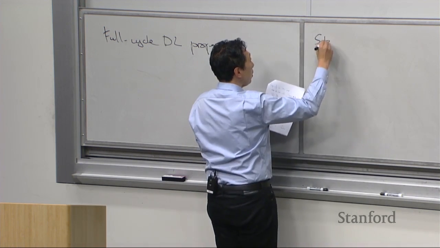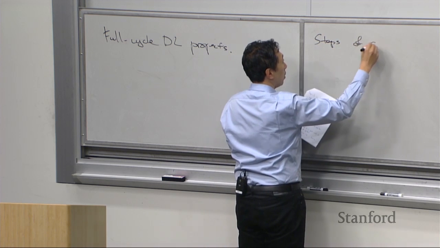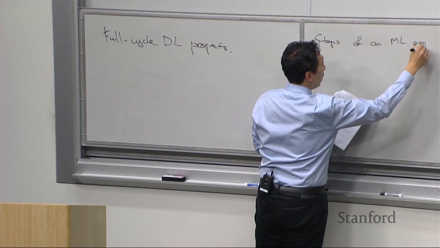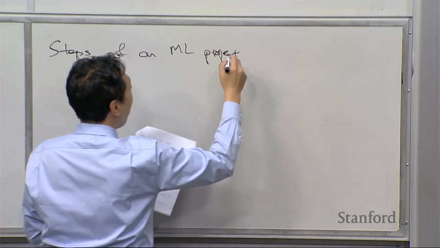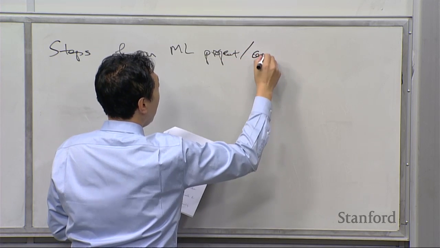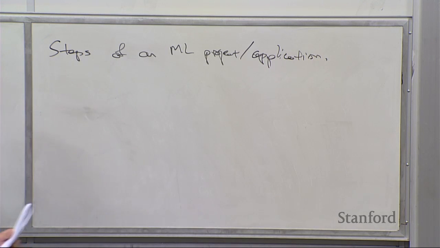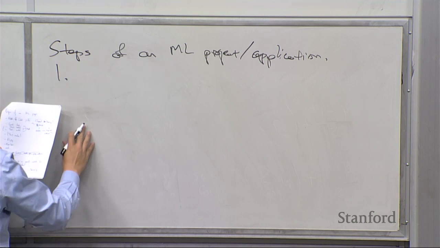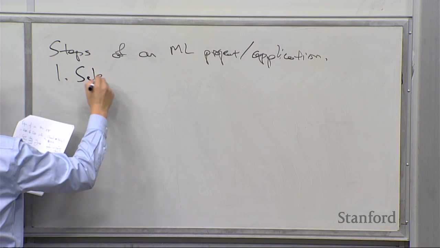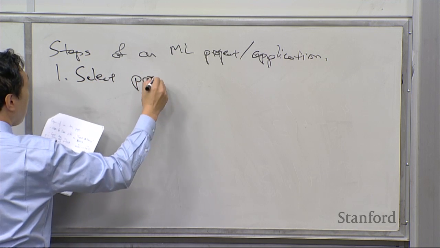So these are what I think of as the steps of an ML project, or really maybe not a class project, but a serious machine learning application. I've built a lot of machine learning products over several years, so some of these are also things that I wish I had known many years ago. This one's maybe kind of obvious, but